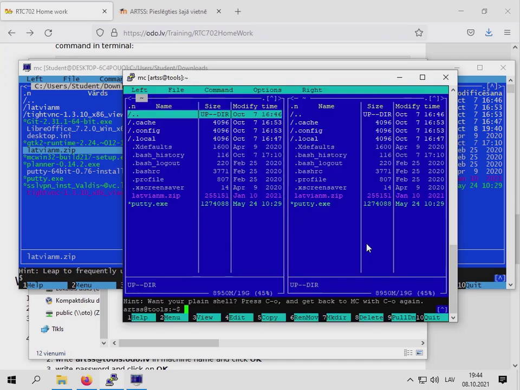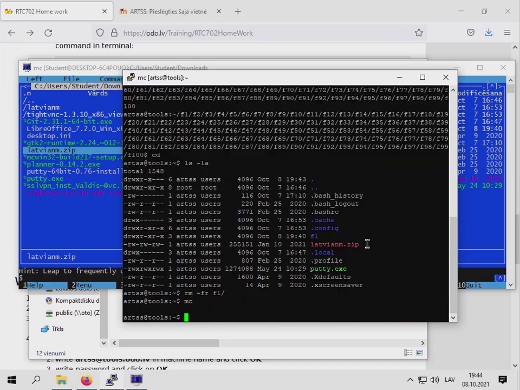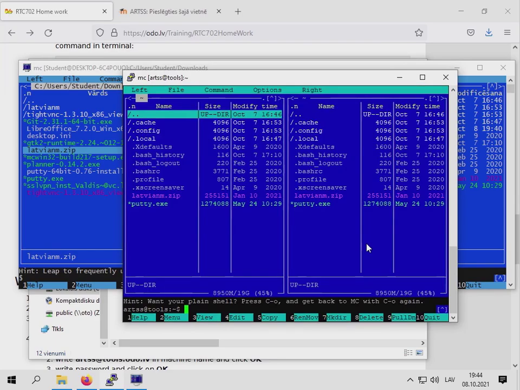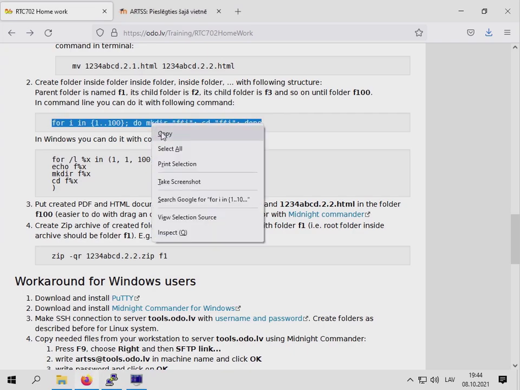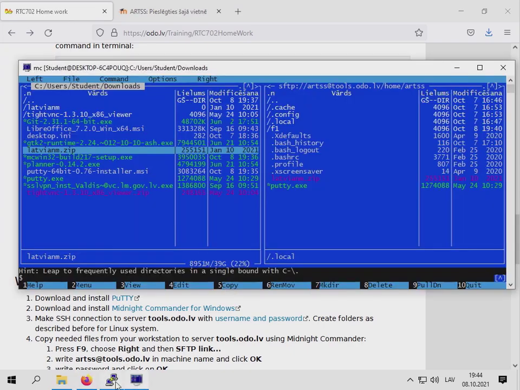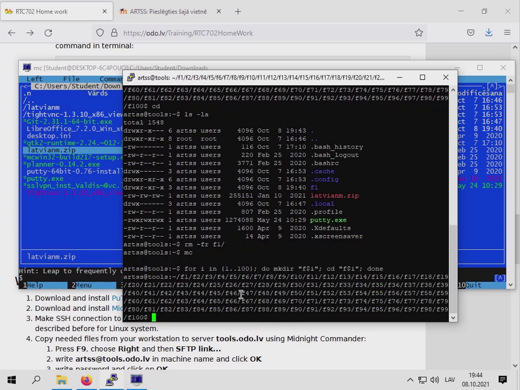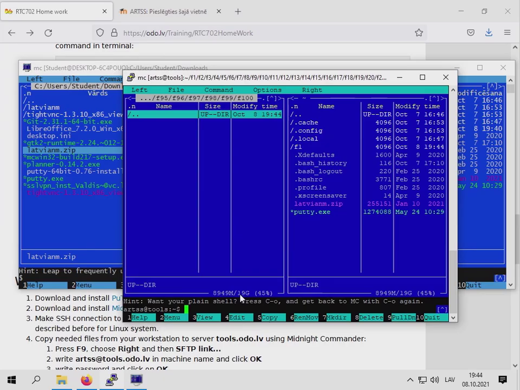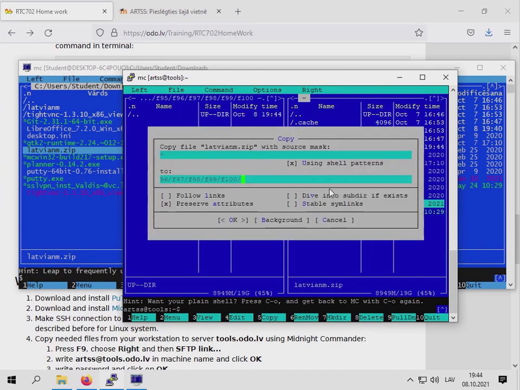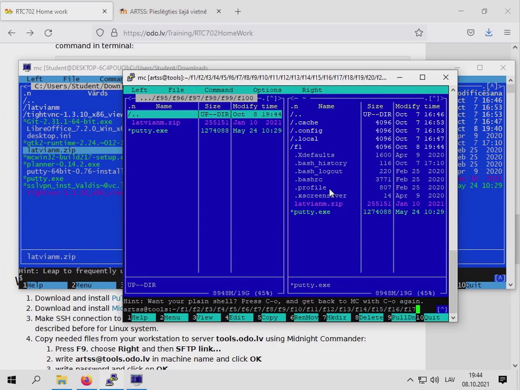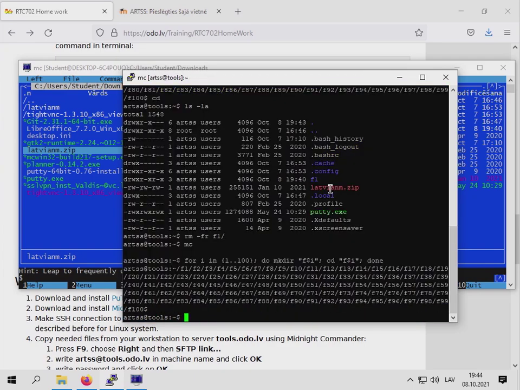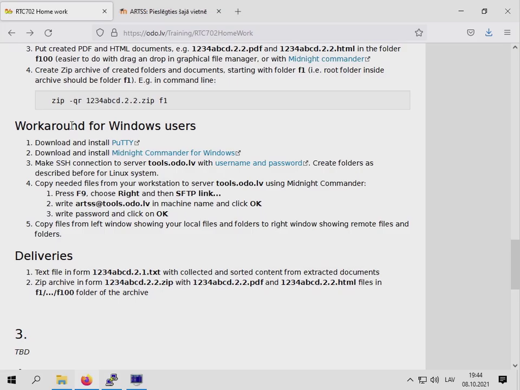open Midnight Commander, Ctrl-O to hide these windows and see the command line. So you can do it in different ways. For me, that would be easy in the following way. Create these many folders inside folders inside folders. Open back in Midnight Commander and we see the current folder is F100 here. Copy these files which you need to put inside this folder inside folder inside folder, and then create an archive.